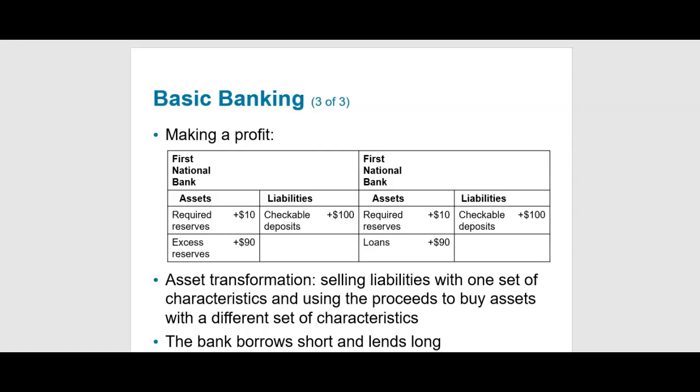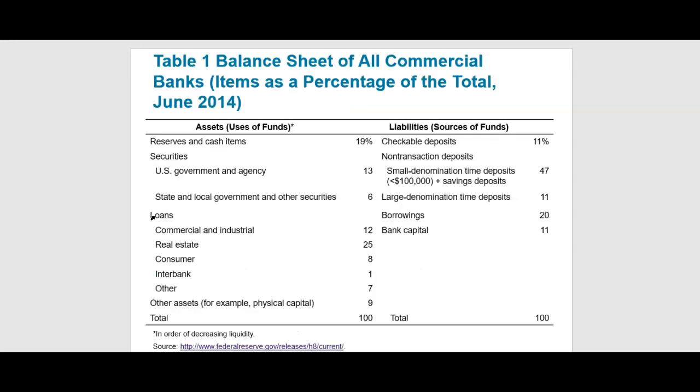So the idea of making profit in the bank and how the bank is using its funds is that when you put $100 in the checks, $10 will go, say the required reserve is 10%. $10 is going to go as a required reserve, and you have an excess reserve that you can use in any way you want. The excess reserve is going to be moved into one of the options that the bank has. And it's not always a matter of loans. You can put it as securities. You can put it in any of the other parts of the assets that we have seen above.